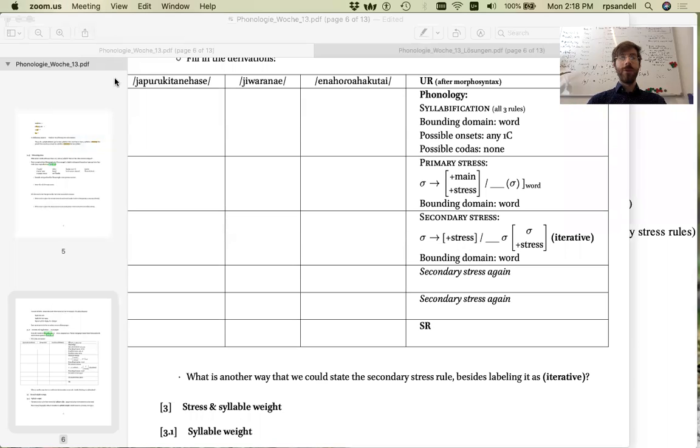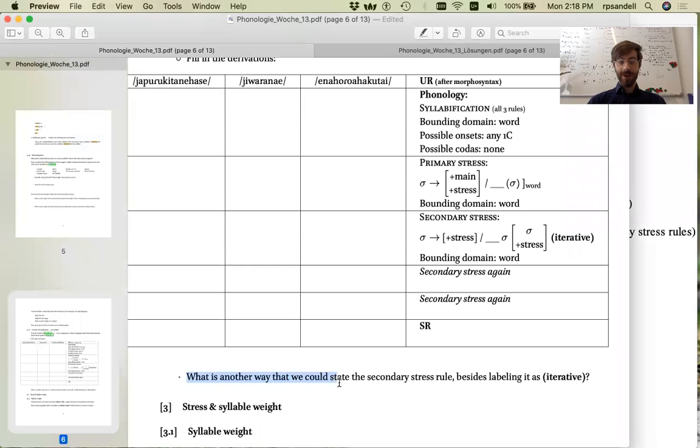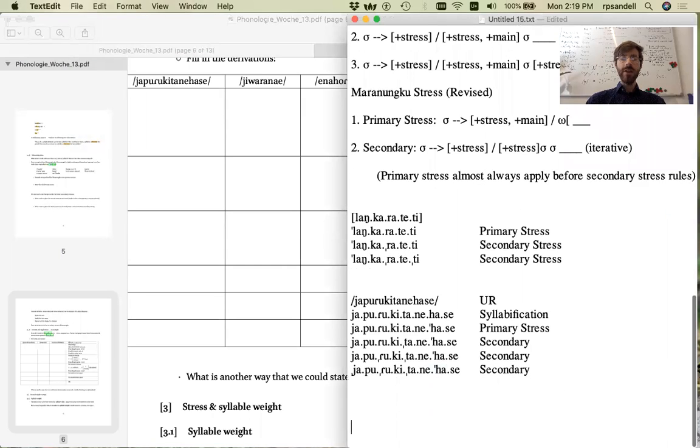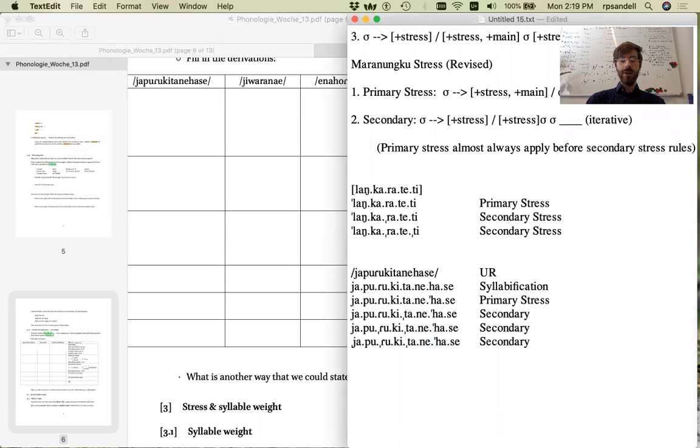Hi everyone, welcome back. At the end of the last video, I forgot to mention this last point, namely a possibility for writing secondary stress rules besides using this marking of labeling them as iterative. So recall that in this course, we've occasionally used the notation of a subscript 0, especially with consonants, to mean